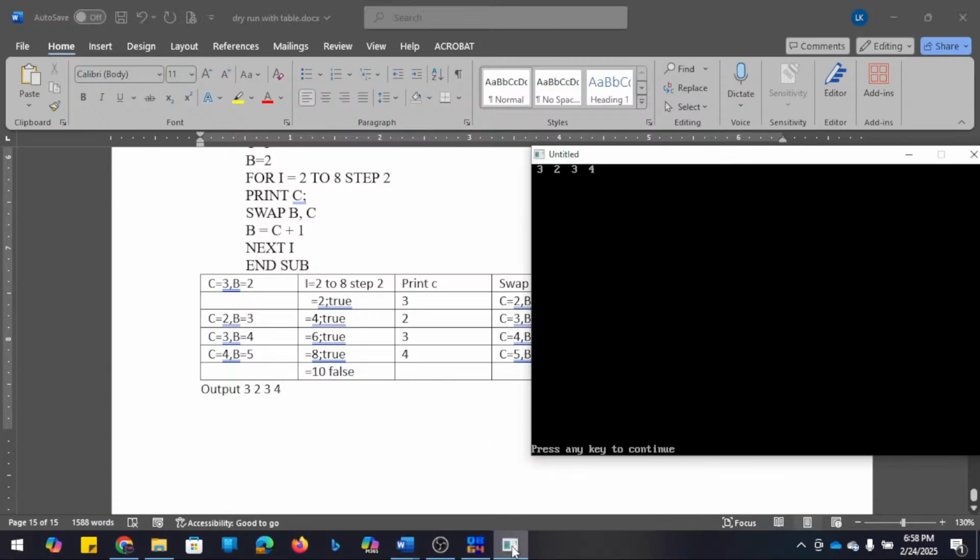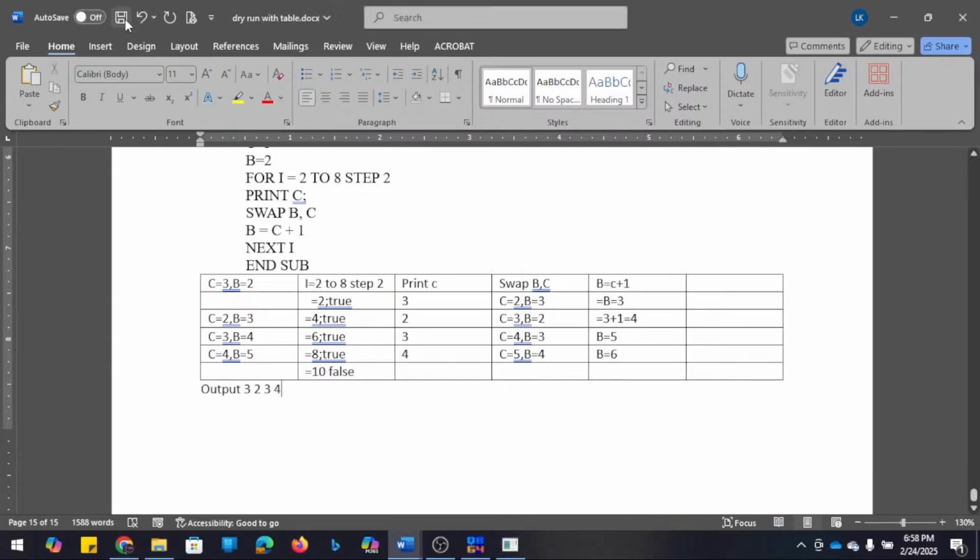Okay, so this is how it works, and it's a very simple way. Sometimes it becomes confusing, so we have to dissect it carefully and write the output carefully in each iteration. I hope you understood about this one.